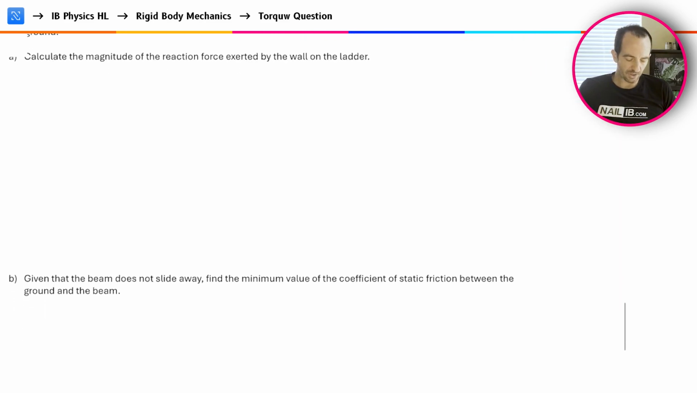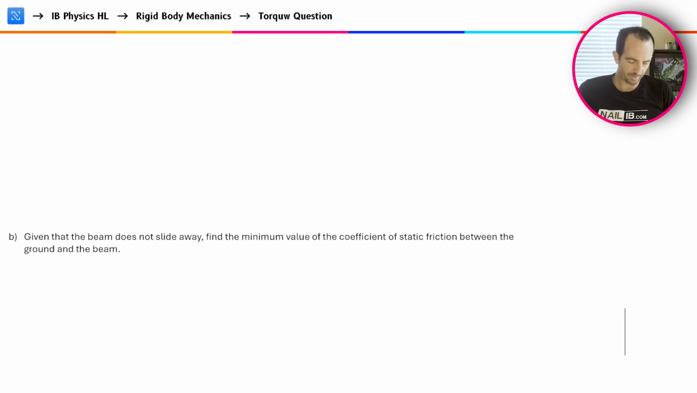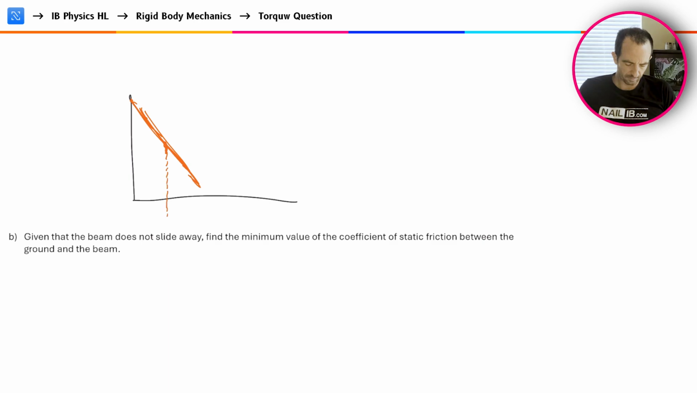Okay, very good. Now in part B here, they say, given that the beam does not slide away, find the minimum value of the static friction between the ground and the beam. So let's take a look. Let me redraw this. We have the beam again. We calculated that 41 newtons is pushing the ladder from the top, which means that the friction going in this direction needs to also equal 41 newtons